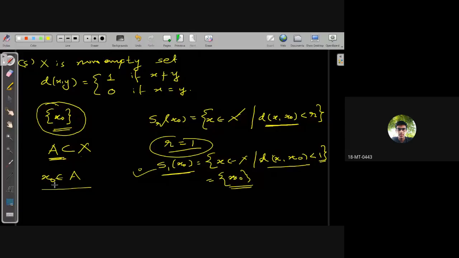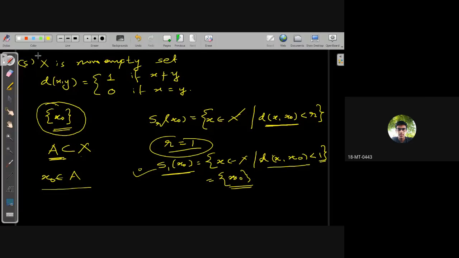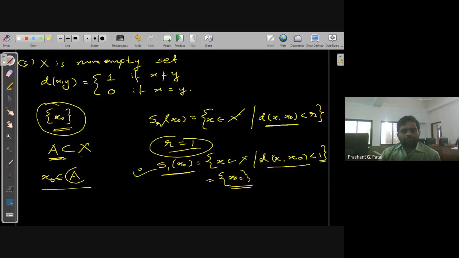Sir, every subset of X will be open in discrete metric. Yes. So any subset of X with discrete metric is always an open set. In this discrete metric space, any set you pick will be an open set.